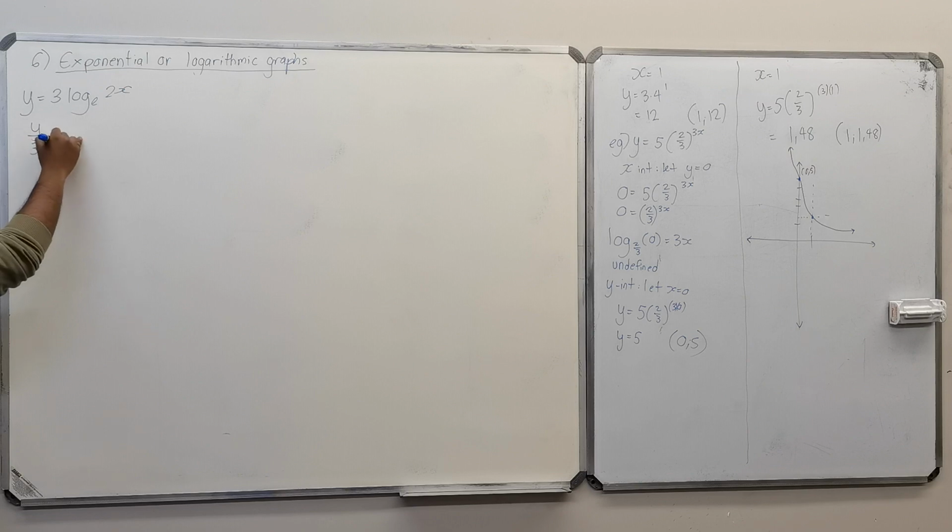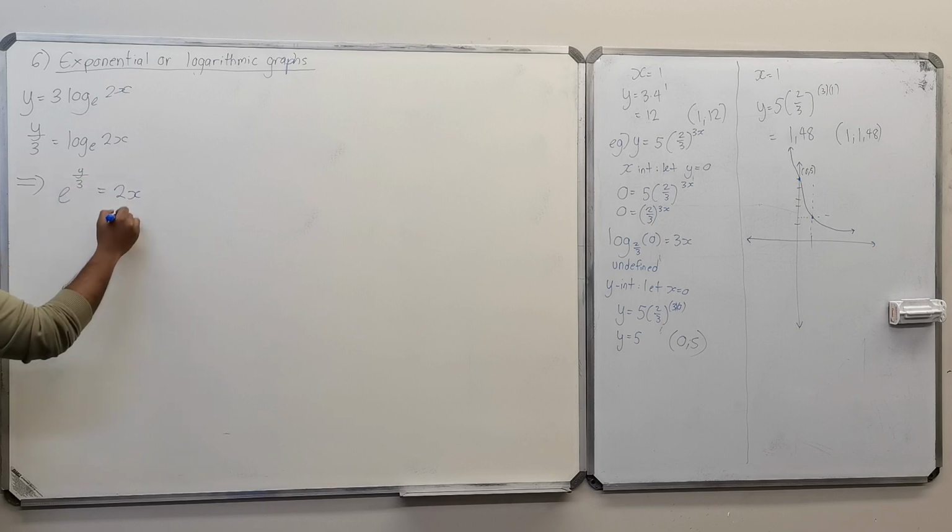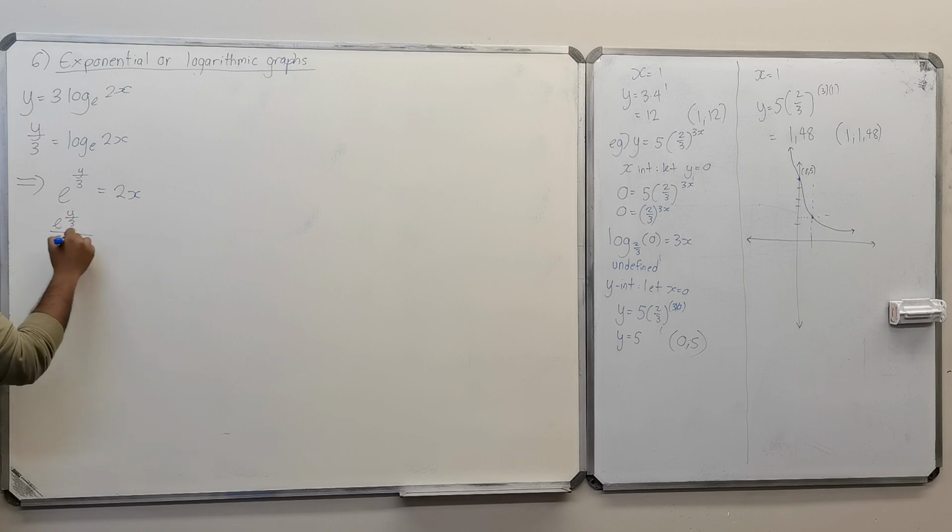So y over 3 is equal to log e 2x. Now it looks like the general form, log base answer equals index. When you convert it to exponential form, e is your base to the power y over 3 equals 2x, and then you divide by 2. So e to the power y over 3, all over 2, is equal to x. Right? X intercept,